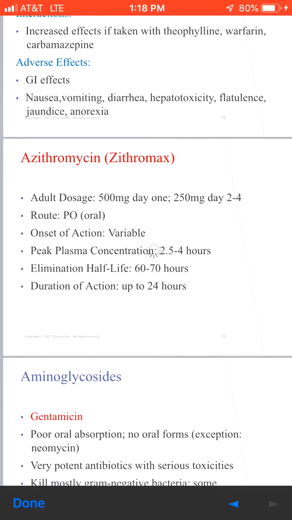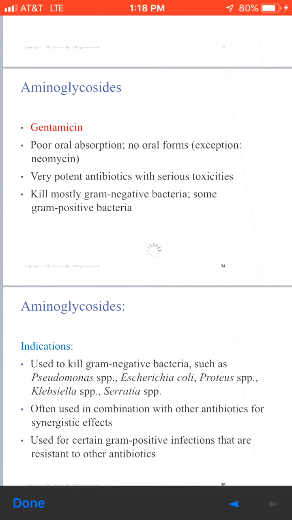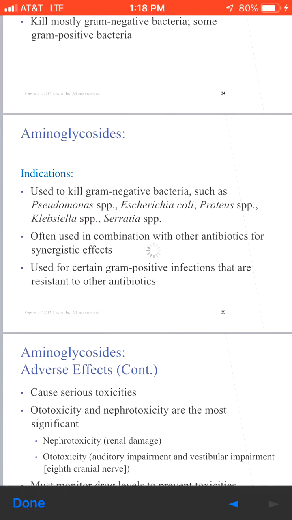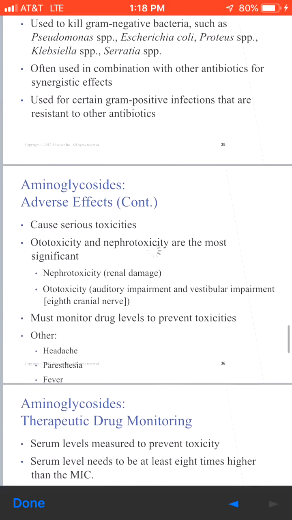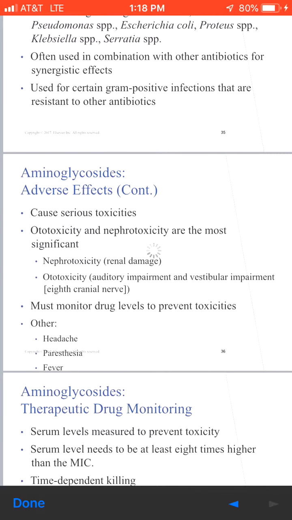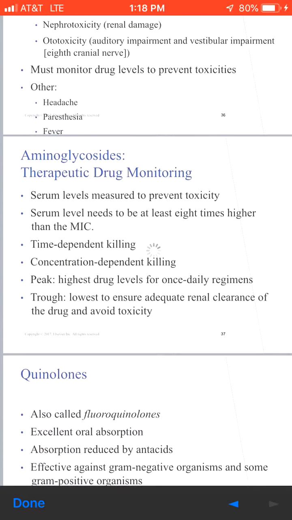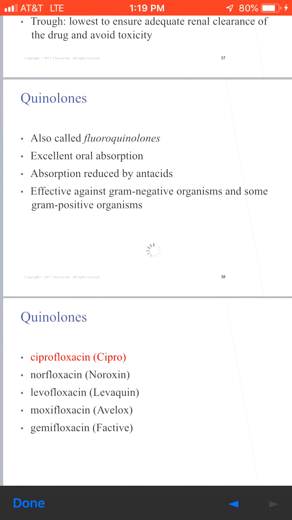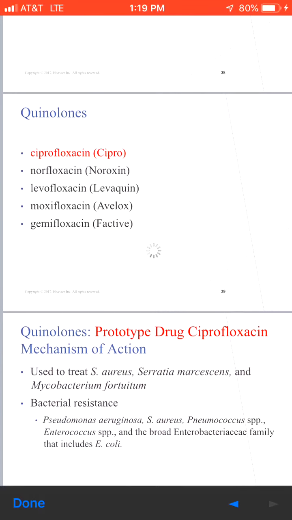Otherwise, they can usually call the provider and let them know what symptoms they're having to see if they need to maybe get a new antibiotic, or maybe if they're at the end of the course, they could just complete the antibiotics and just monitor from there. So aminoglycosides, another class of drugs. These specifically can cause serious toxicities, ototoxicity and nephrotoxicity. Some of these you need to monitor the drug levels, do blood work prior to and during the use of these medications. Quinolones, Cipro is the